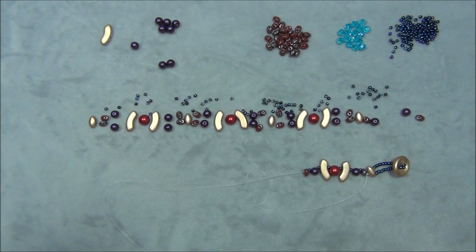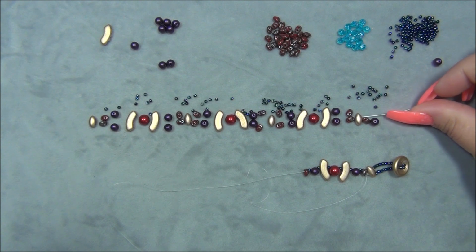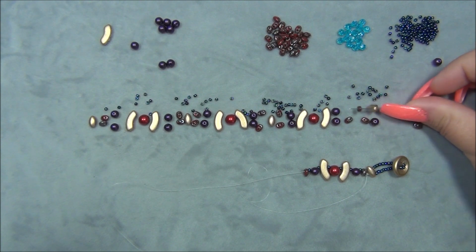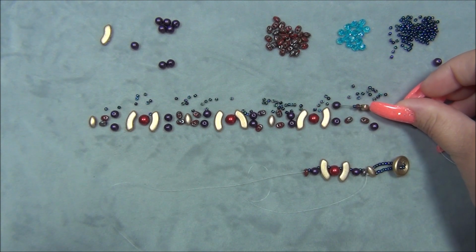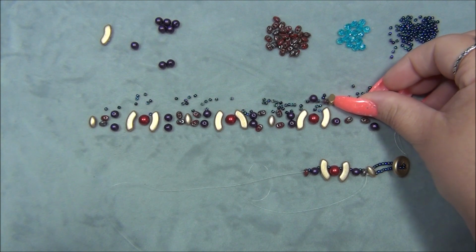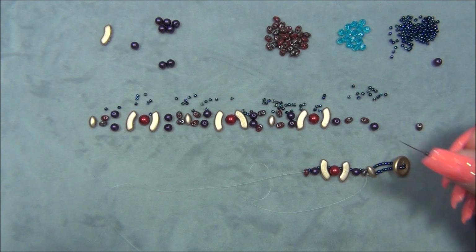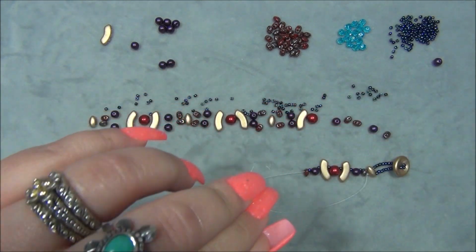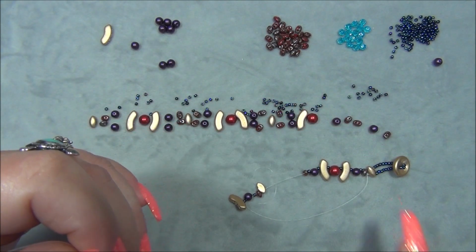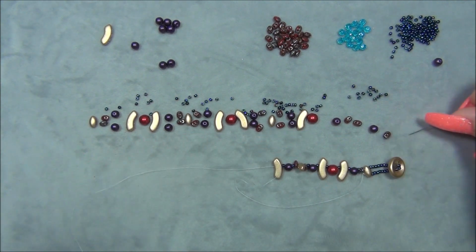Alright? And then, after the superduo, I'm going to pick up an irisduo, and a superduo, and a seed bead, like that. Okay, and then my rounduo. Slide that down. A seed bead, my quad bow through the second hole in the quad bow. I slide these down again like this. Okay, a seed bead